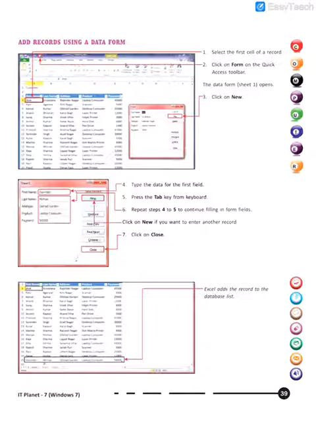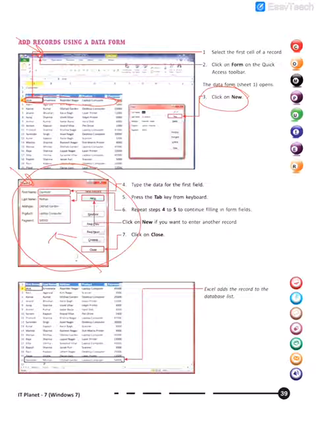And now suppose we have clicked the form button: select the first cell of the record, click on the form, and click on new. The moment we click on new, see this, what you can see over here is the form view. That means this entire record is converted into a form.